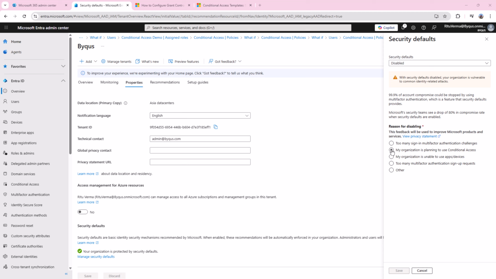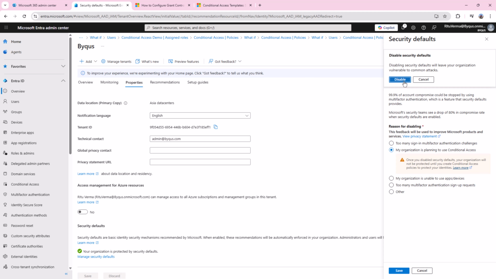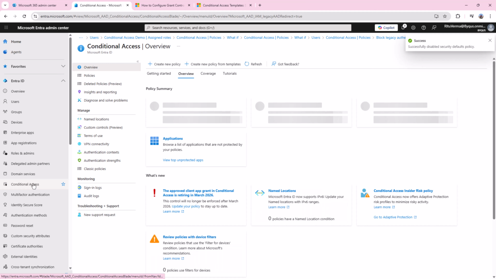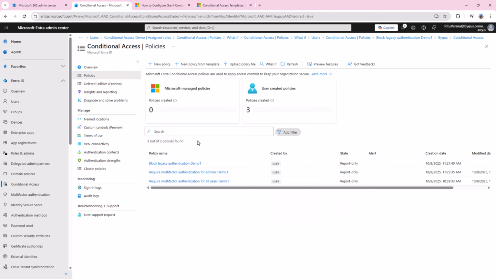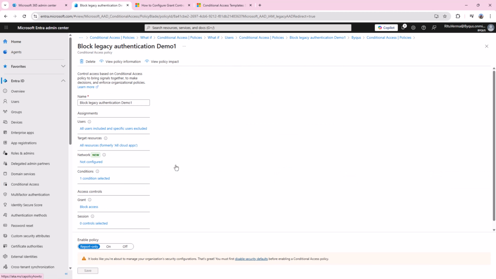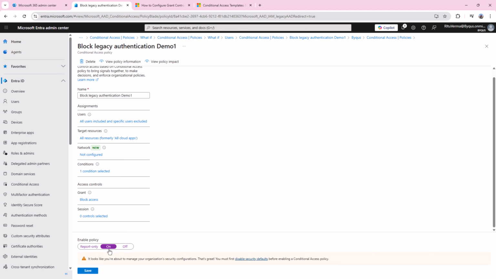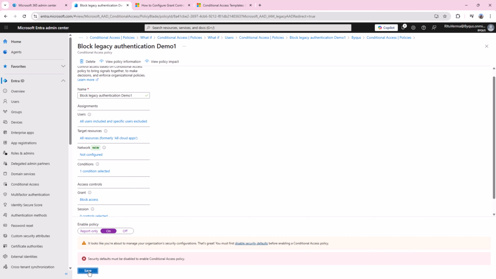My organization is planning to use conditional access. Click on save and click on disable. Once it is disabled, you quickly go to conditional access, policies, block legacy authentication. You turn it on now and you click save.